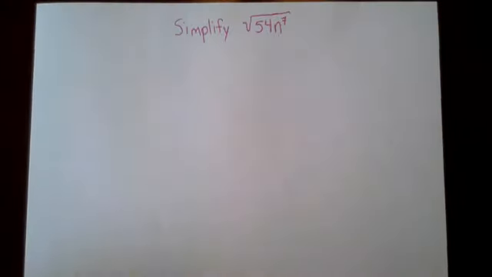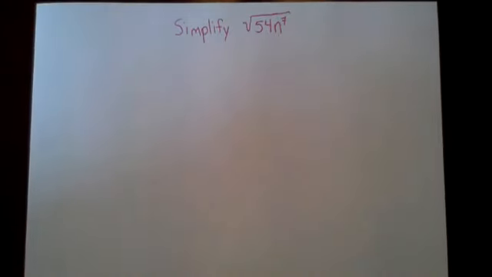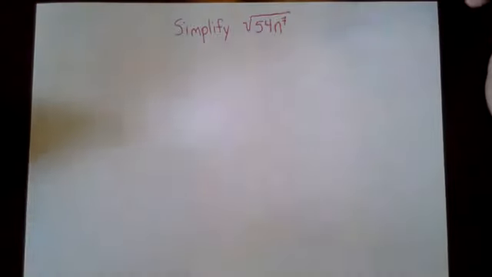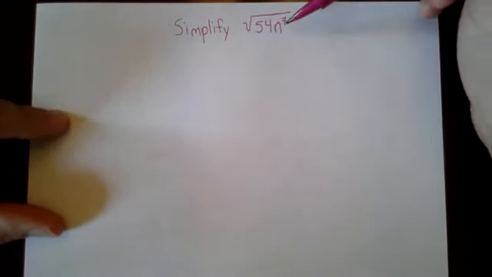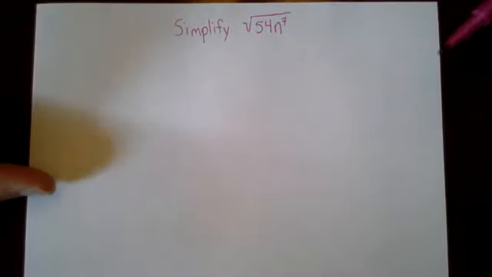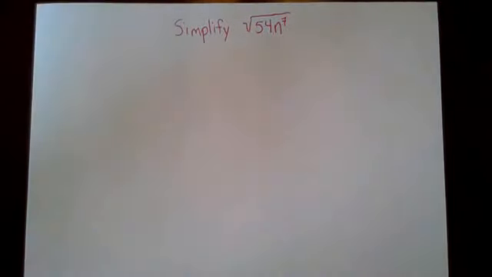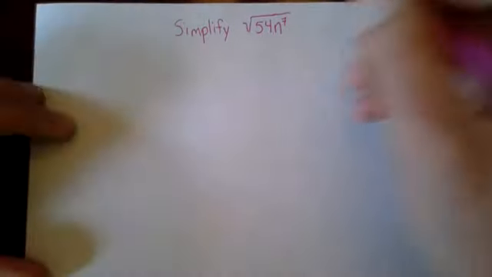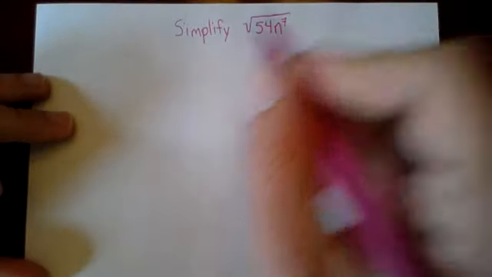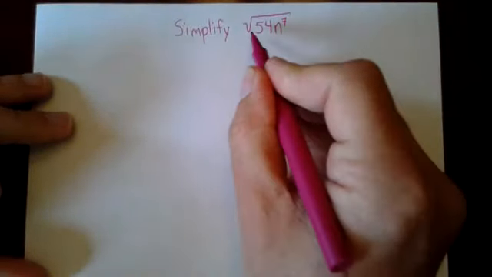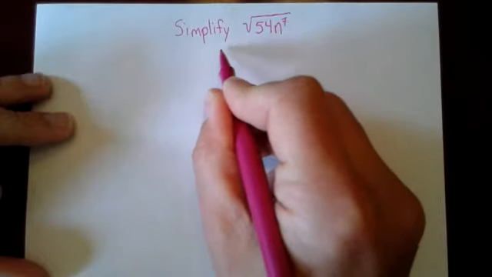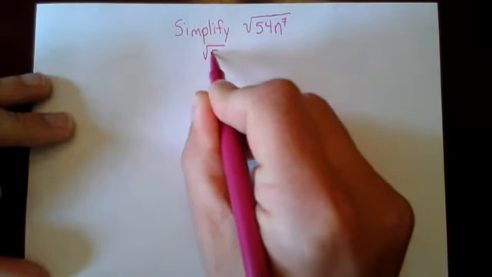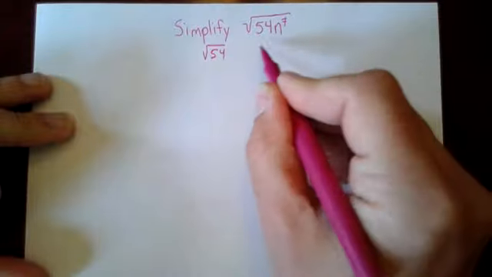All right, so let's go big. Let's combine simplifying radicals with constants and with variables. We can still use previous properties, the multiplication property, in which we can split this. This is my suggestion. I know it says root 54 n to the seventh, but we can just simplify this to root 54 and